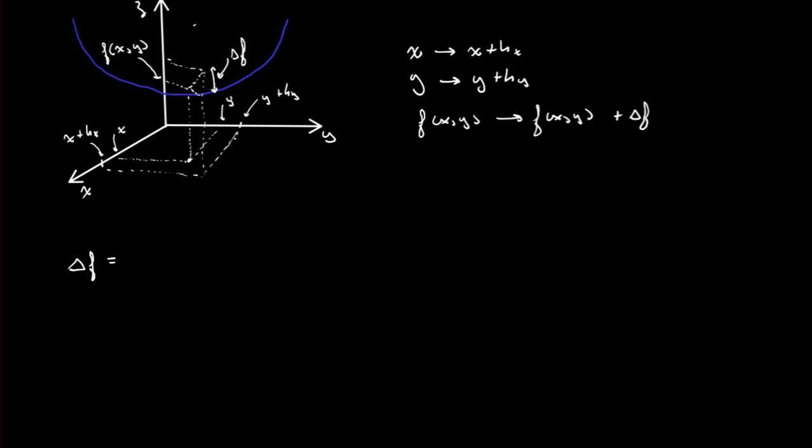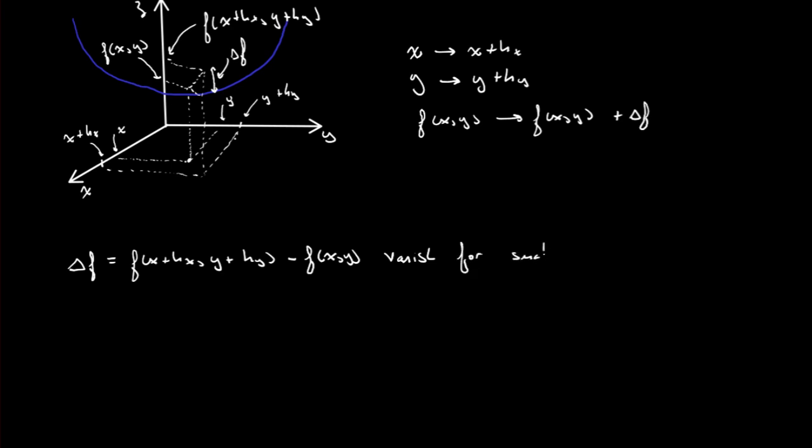That's f of x and y, and this is our displaced point on the z-axis, f of x plus hx and y plus hy. Delta f is the difference between those two, so it's f of x plus hx and y plus hy, minus f of x and y, and this has to vanish